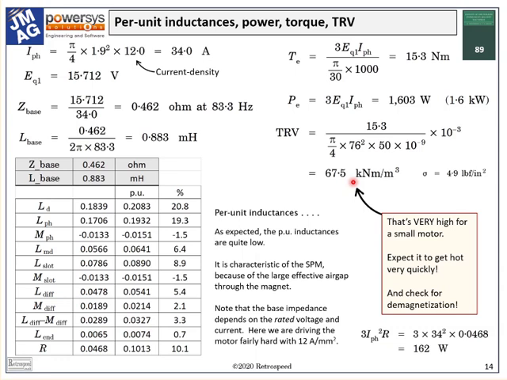This is a very high value for such a small motor, although it is feasible to consider it for short-term loading, intermittent operation. Note also that the copper loss is included here, 162 watts. I might mention once again, the per unit values are useful in assessing the relative magnitudes of the voltage drop produced in each one of these inductance components. So here it is in per unit and also again in percentage.